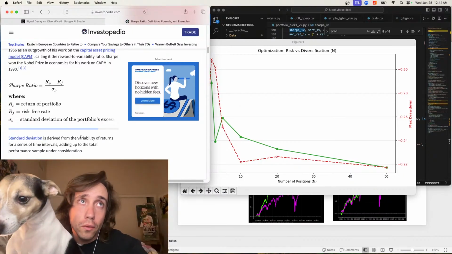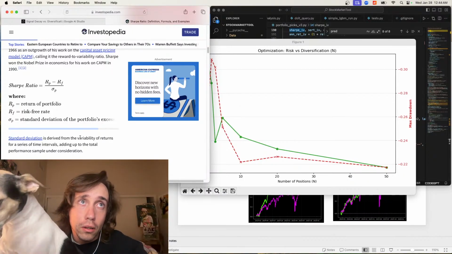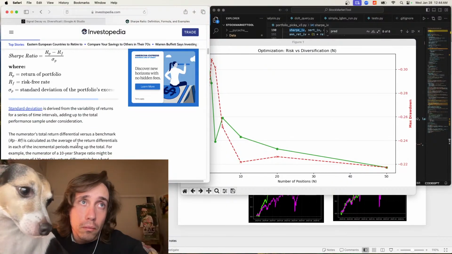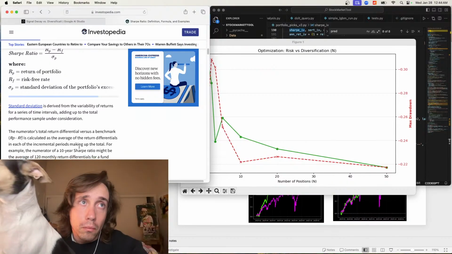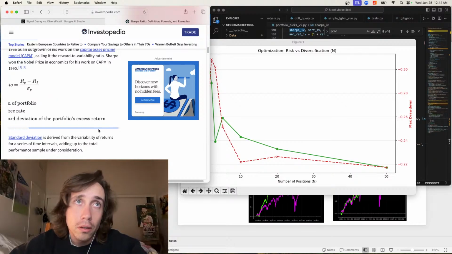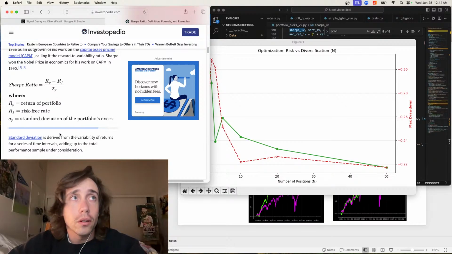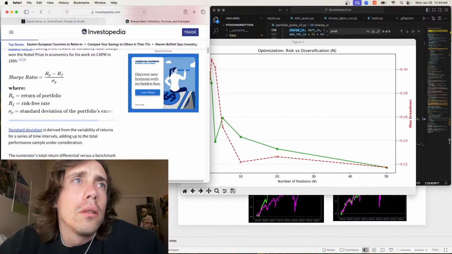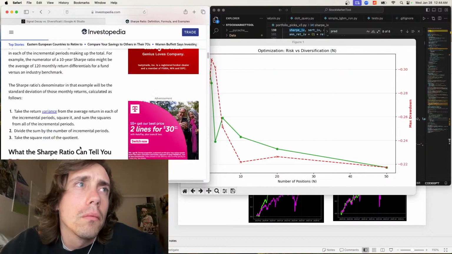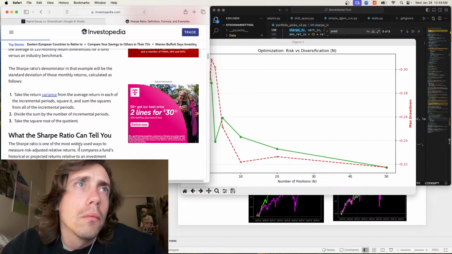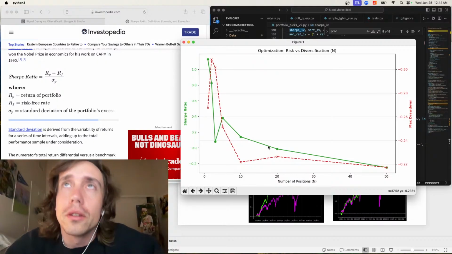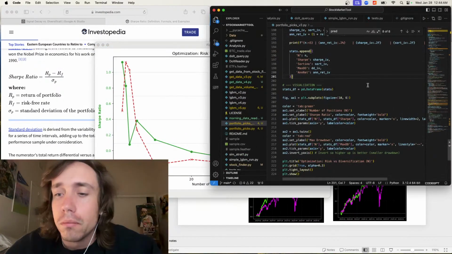So return of portfolio minus risk-free rate, divided by standard deviation of the portfolio's excess return. Okay, so if this is negative, then we're not beating the S&P. So Sharpe ratio is calculated from